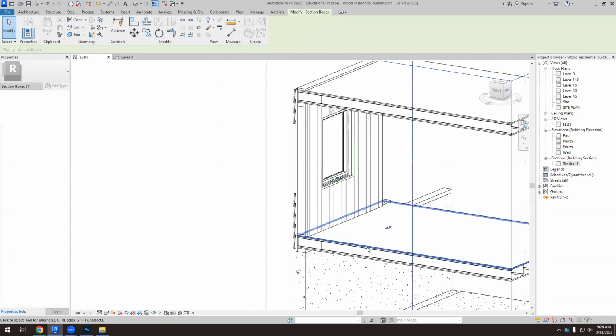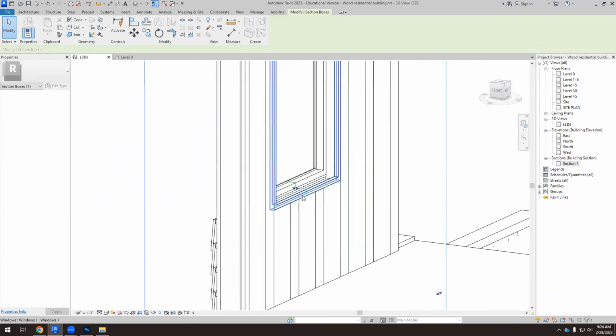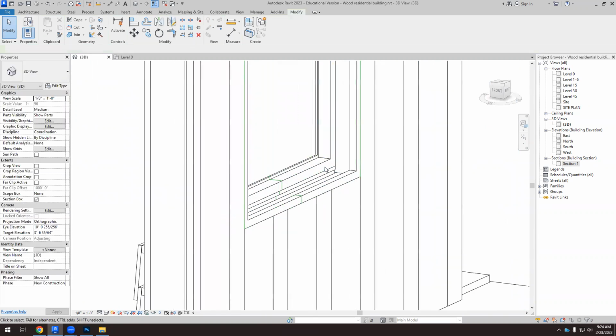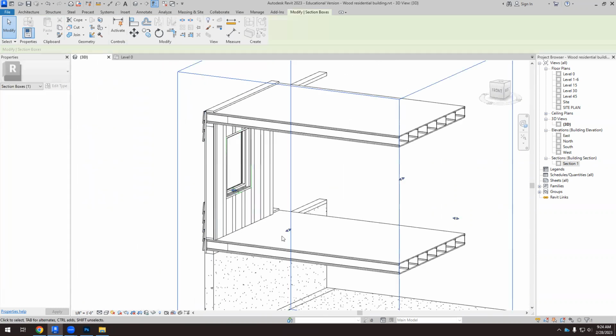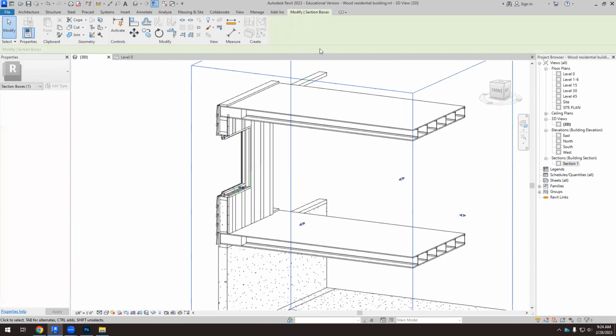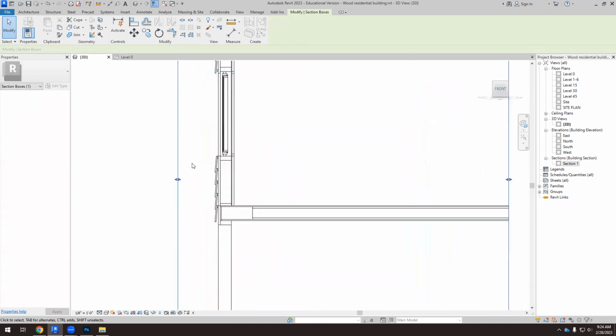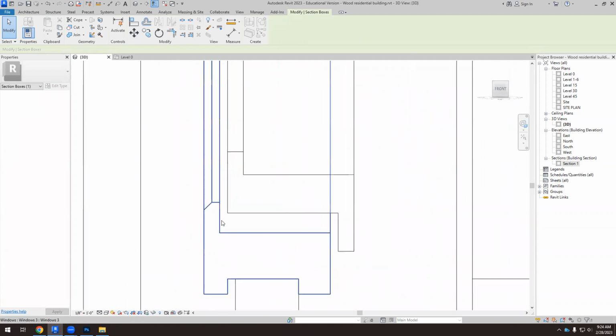I have to see the whole window like this. Okay, I changed my mind. I'm going to draw the rectangle, and I'm going to do it the same way